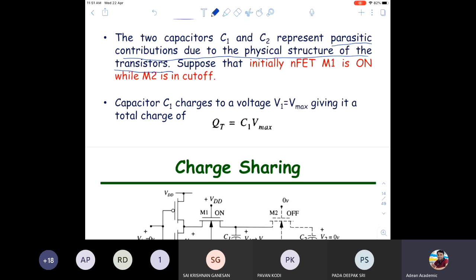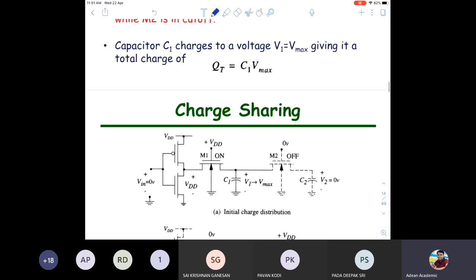Okay. Now initially I will take this circuit diagram. See the output of the inverter. I'm putting one pass transistor, NMOS, M1 and M2, both are NMOS transistors here. One pass transistor I have kept, and after that one capacitor, C1. Then one more pass transistor M2, then one more capacitor C2. So two stages are there here, C1 and C2, both separated by the pass transistors. First is the inverter, a pass transistor, then a capacitor, then again a pass transistor, then a capacitor.